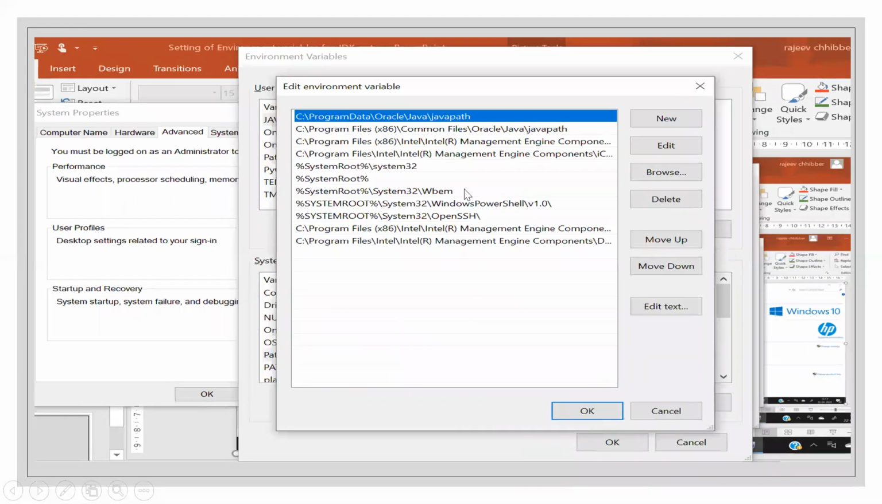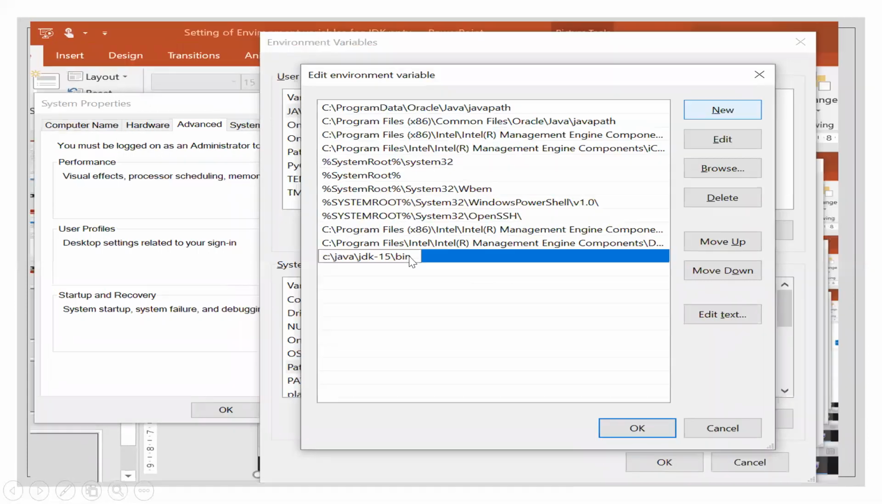When we click on edit, it will show this complete list where all the system environment variables have been stored. So now you have to click on the new button. As soon as you click on new, it will create a new line at the end like this. Now you have to type or copy and paste your bin folder's